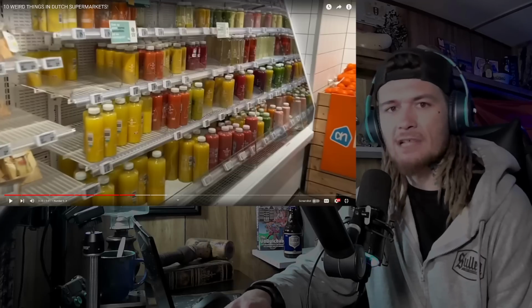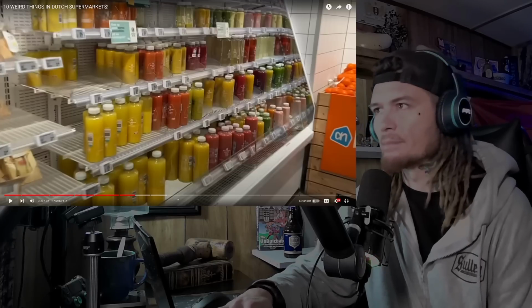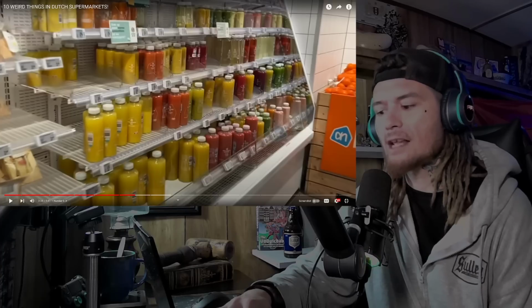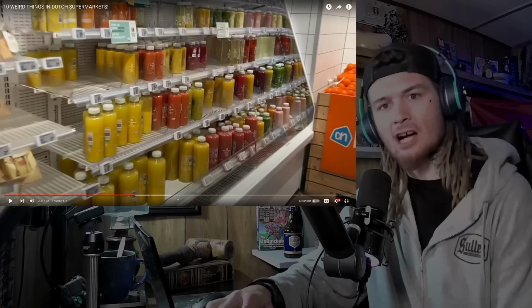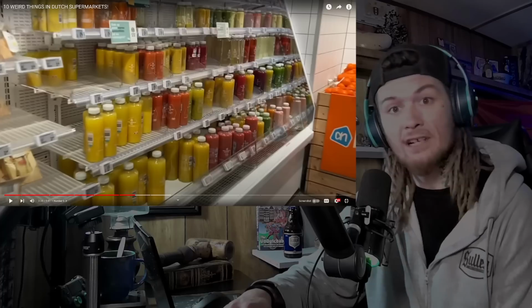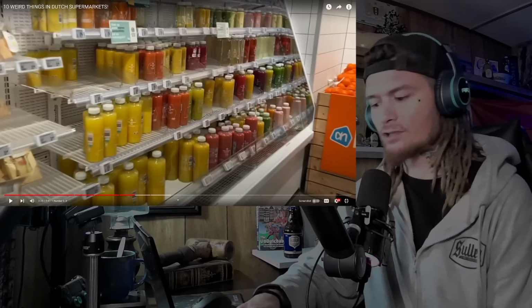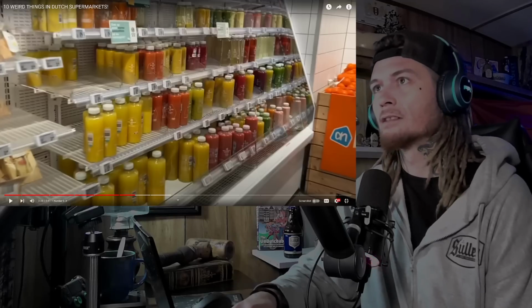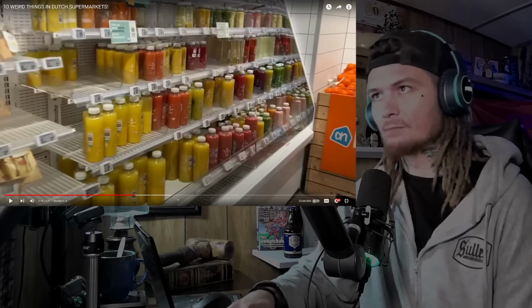Like, you can go in, sometimes you can freshly grind your own coffee beans and stuff like that. But that's not something that you see around here. And for it to be that common in most of the stores over there is very interesting, especially considering oranges don't even grow in Europe like that, I don't think. I mean, maybe Southern Europe, Spain and stuff like that, possibly, but...